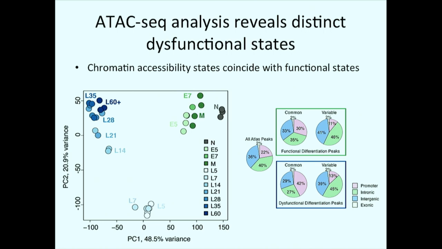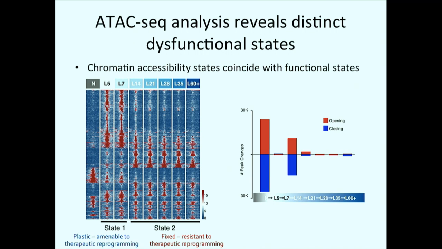The rest are about half and half intragenic and intronic regions, okay, and just a little bit of peaks over exons. But if you look at peaks that have significant changes in accessibility between cell types, then the action tends to be at the intragenic and intronic peaks and not at promoters, okay, with some important exceptions. Okay, here's another view of the same data.